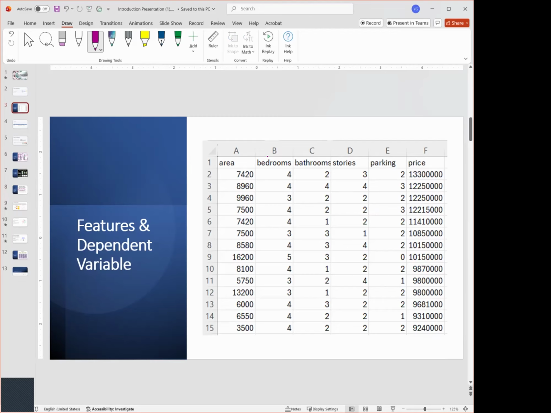In supervised learning, you see you've got all these variables, right? You've got six variables.